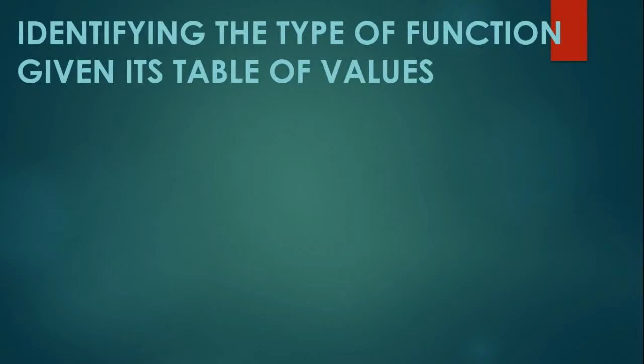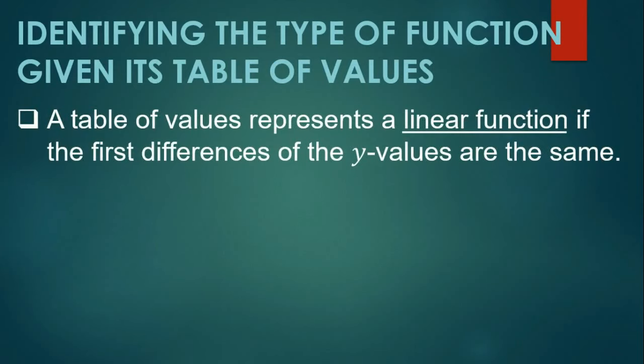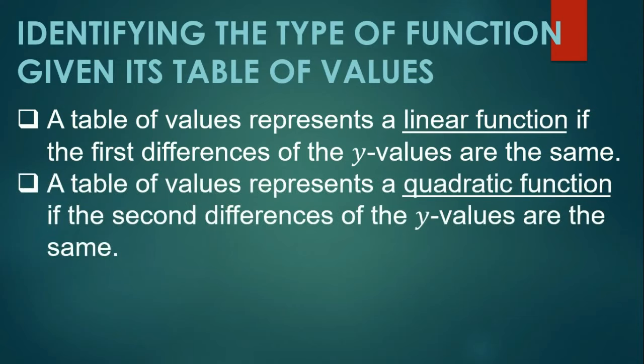Identifying the type of function given its table of values. The table of values represents a linear function if the first differences of the y values are the same. So, linear function siya kapag nakita natin na ang first differences or yung result kapag pinag-subtract natin yung mga y values ng function na yan ay pareho. The table of values represents a quadratic function if the second differences of the y values are the same. So quadratic function yung given na table of values kapag nakita natin na ang pangalawang differences ng mga y values